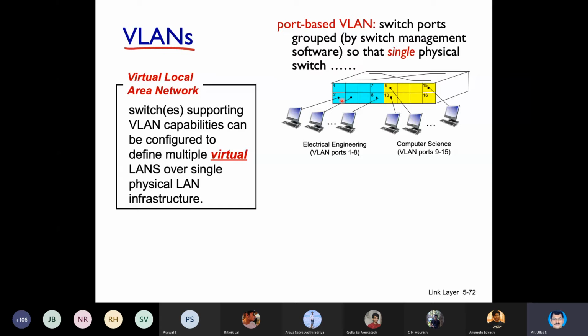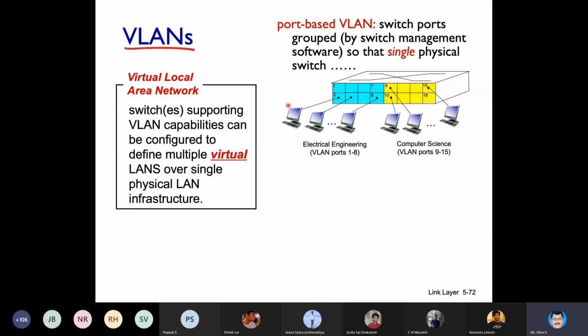Now the interesting thing is whatever is in blue color is one VLAN, and whatever is mentioned in yellow color is another VLAN. So if you want to communicate from 8 to 10, that is between computers of two VLANs, they don't get connected. They cannot communicate with each other.